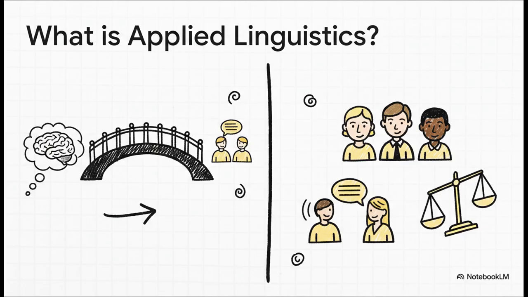But then, on the other side, you've got this much broader, more critical view from people like Rampton and Pennycook. They argue that the field is less about applying abstract rules and way more about getting into complex human issues where language is key, things like social justice, identity, power. This isn't just some small disagreement, folks. It's a huge debate about where the field's loyalty lies. Is it to an academic discipline, or is it to the social problems it's trying to help solve?